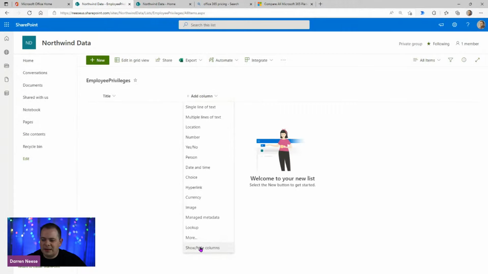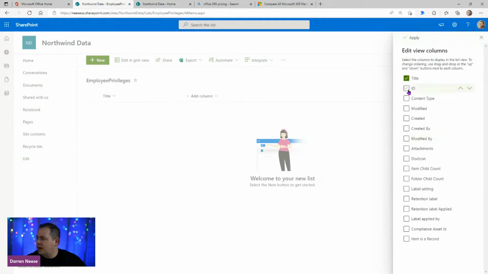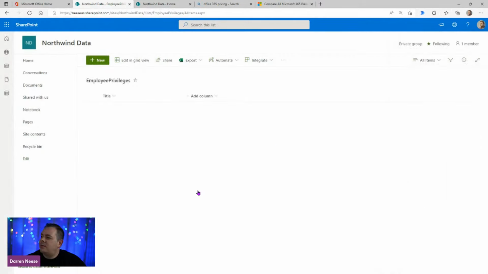And a lot of times when I create a new list, I'll go down here to show hide columns, and there is an ID there. Look at that, there's the ID. I'm going to move that all the way up. I'm going to hit apply. And by the way, if you didn't notice,